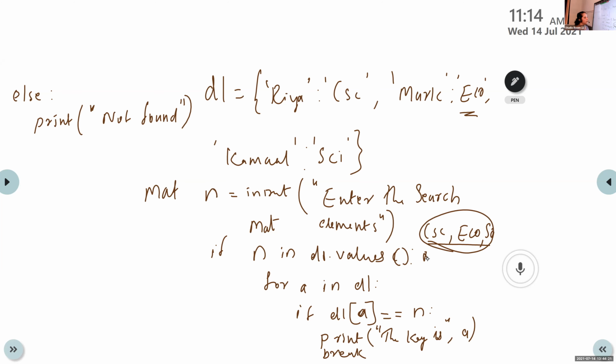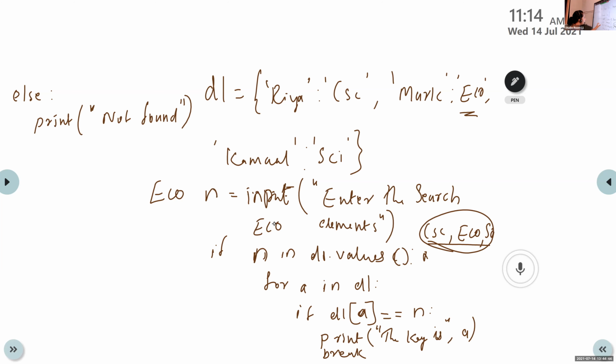Is it clear? Okay. Then our previous value is ECO. So here the value is ECO. It will check if ECO is present in this set of values. Here ECO is present, so control moves to the next statement.